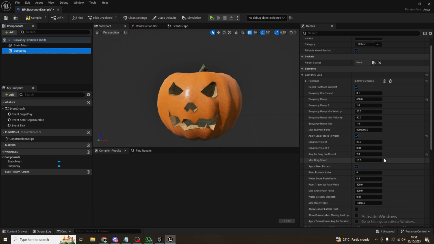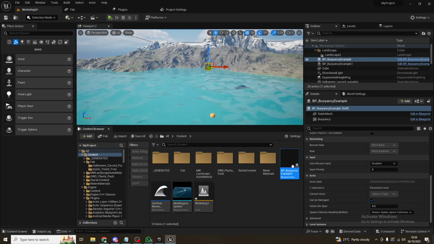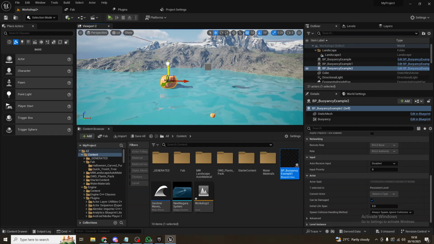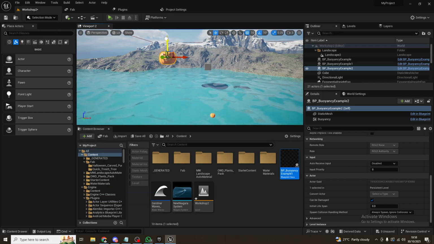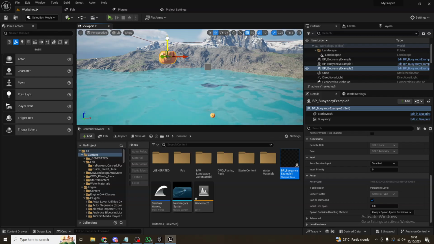This works with a lot of simulation stuff, which I recommend looking into. Cool. So it's there. Compile, save, and if I drag and drop it into my water, I need to place it above the water, otherwise it won't simulate correctly. So I'll place it above the water,